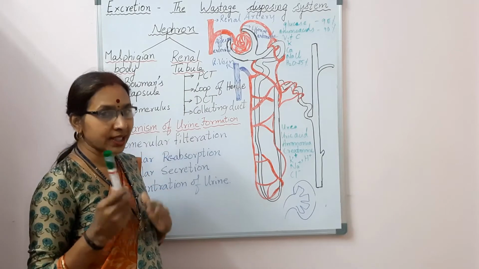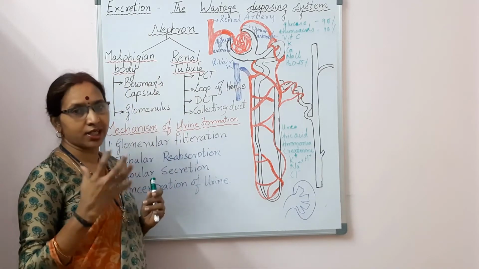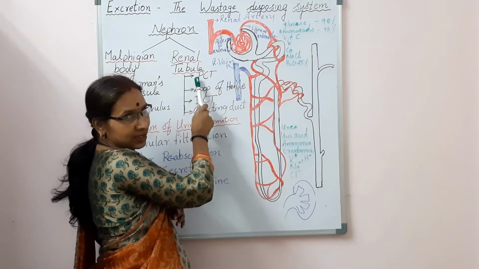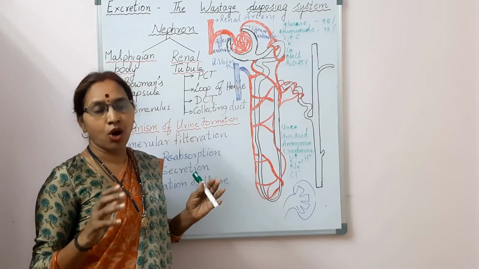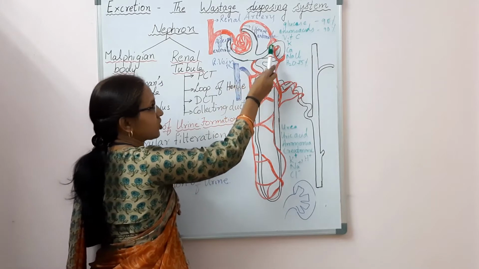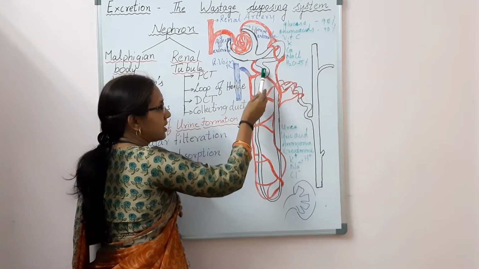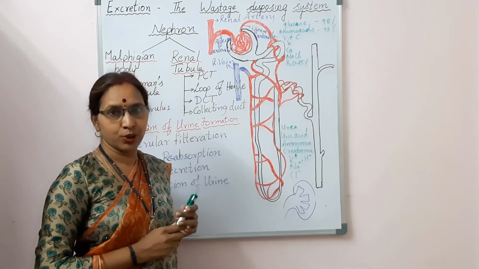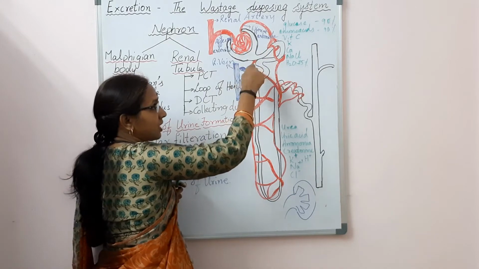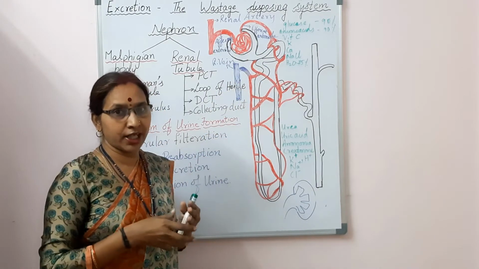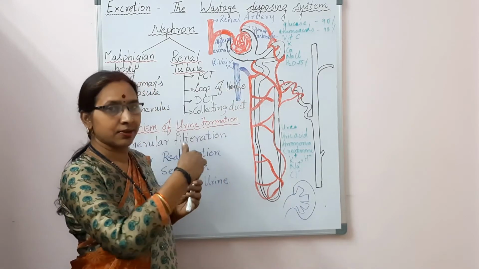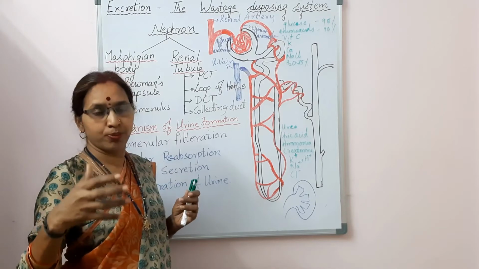Now, coming to the next structure, that is renal tubule. What does this renal tubule consist of? Renal tubule consists of four parts. That is the PCT, proximal convoluted tubule. Now, what is proximal convoluted tubule? You can see this tube-like structure arising from the Bowman's capsule. This is the proximal convoluted tubule. And why is it convoluted? Because it is curved. This tube is not straight, it is all curved, and so it has got the name convoluted. And proximal because it is just after the Bowman's capsule, this tube starts.